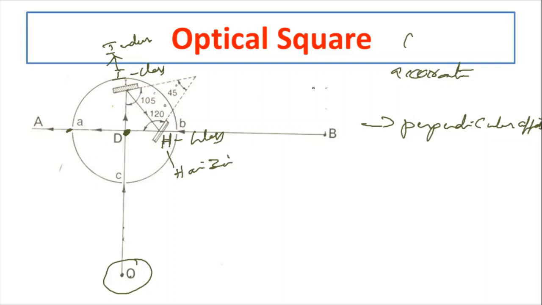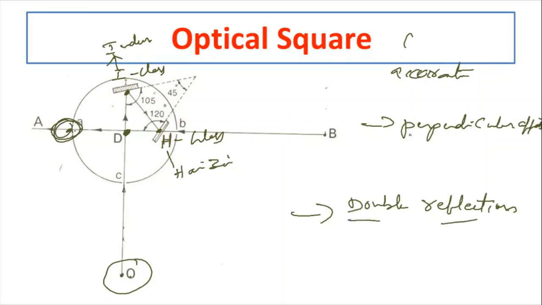Now, this optical square works on the principle of double reflection. Optical square works on which principle? Principle of double reflection. Whatever object is there will first be reflected at the first glass here, then again reflected at the second glass here. Totally it is reflected two times, and then the object can be seen at point A here. So the optical square works on the principle of double reflection and is used to establish what? Perpendicular offset. Then instead of placing two mirrors like this, you can place a prism there. Then the instrument is called what? Prism square. This prism square is also used to establish the perpendicular offset.